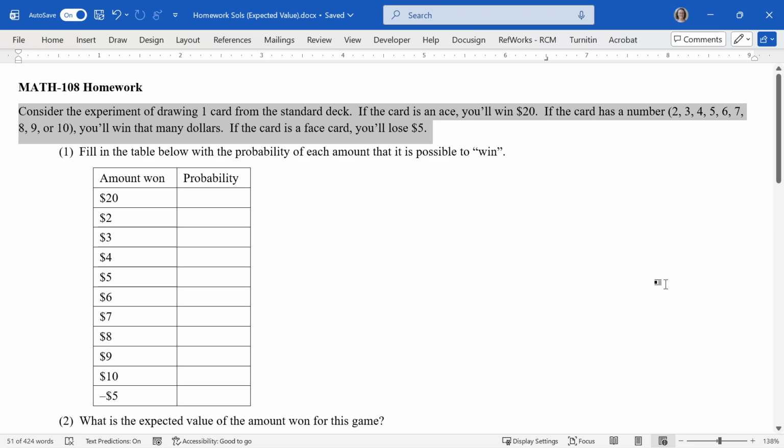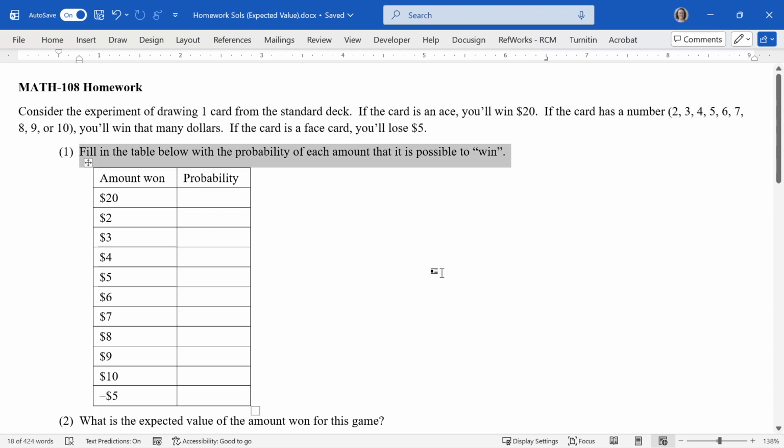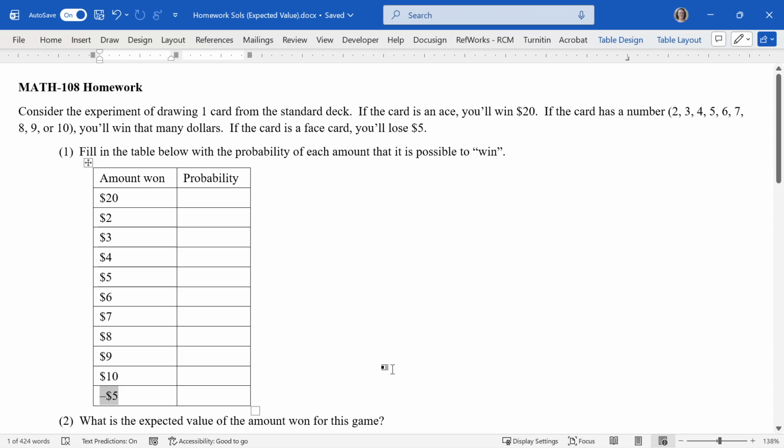If the card is an ace, you'll win $20. If the card has a number, 2, 3, 4, 5, 6, 7, 8, 9, or 10, you'll win that many dollars. If the card is a face card, you'll lose $5. Fill in the table below with the probability of each amount that it is possible to win. I put win in quotes here because one of these values is a negative, representing that you're actually losing $5,